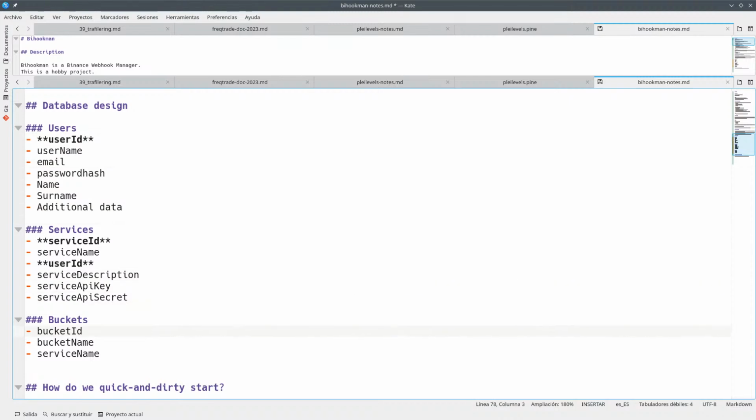Okay, so bucket ID should have a bucket name, so bucket ID, bucket name, service ID, and also